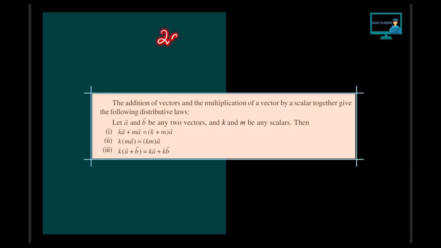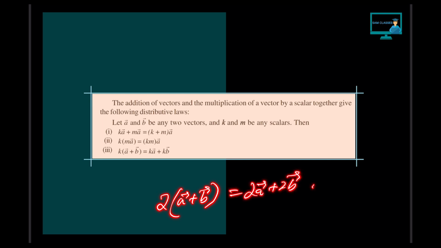Let's say we have 2 of a vector plus 3 of again a vector. So directly you can write 2 plus 3, and we can take a vector common. So that is basically 5a vector. Same thing if you have 2 and 3a vector, you multiply these two constants, so 6 times of a vector. Clear? If we have 2 times of a vector plus b vector, you can write it as 2a vector plus 2b vector. Very simple. Clear?